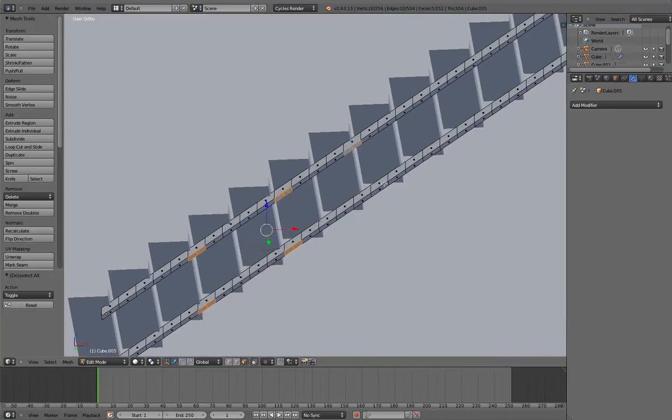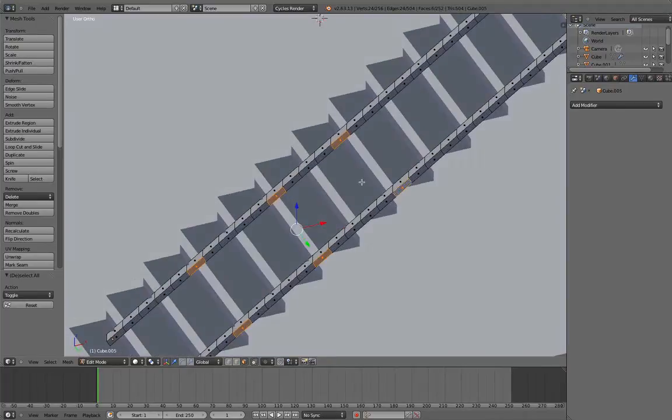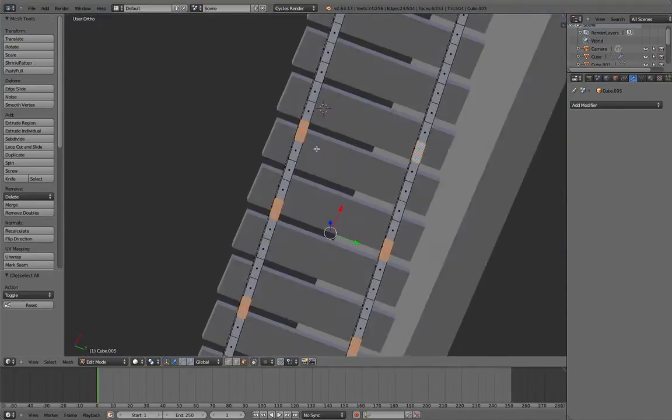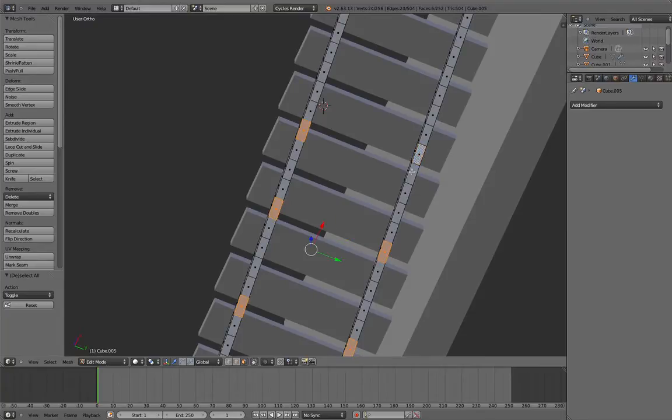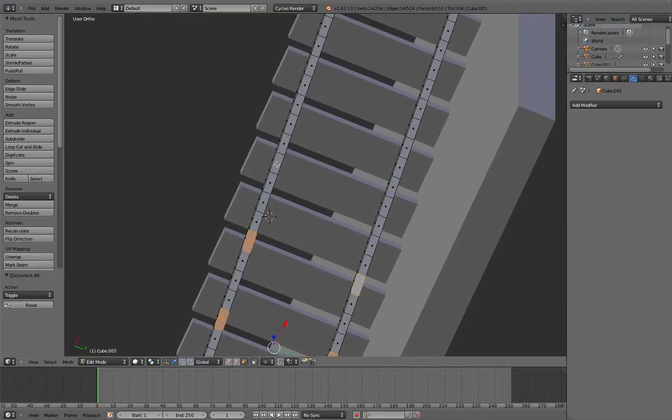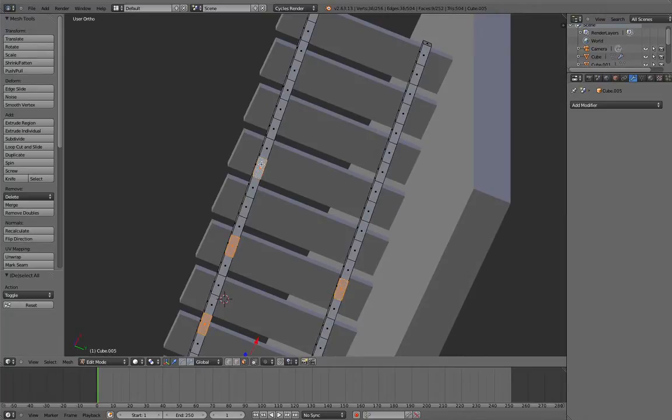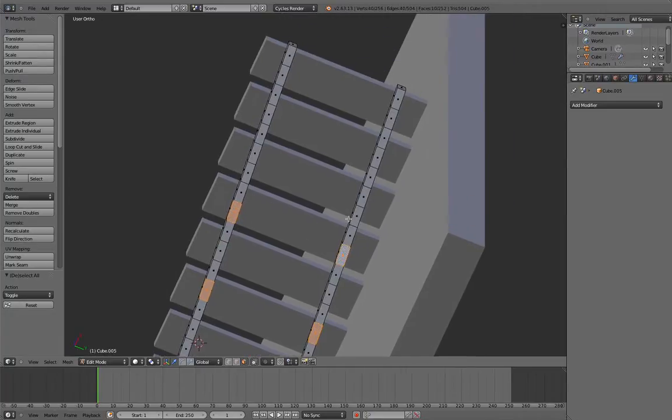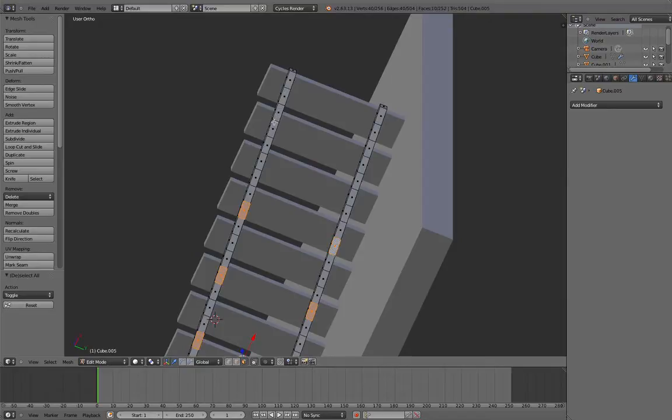Again, I'm not being too pernickety about how I do this. The only thing I'm looking at is whether they're parallel, and if they're parallel, I don't really mind. I'm not spacing them out too